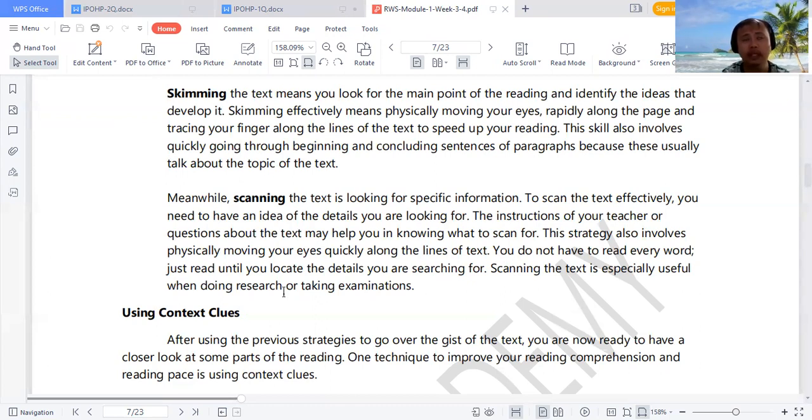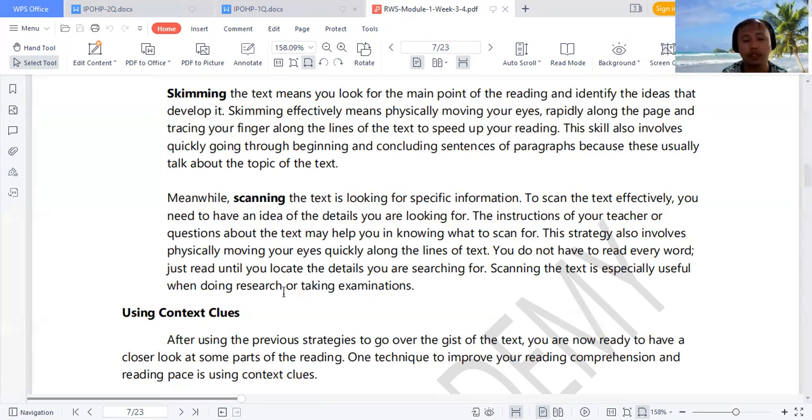Say, for example, if your teacher is talking about blood, what would you think of when you hear that? Of course, you would think as if sir or ma'am is talking about a horror,